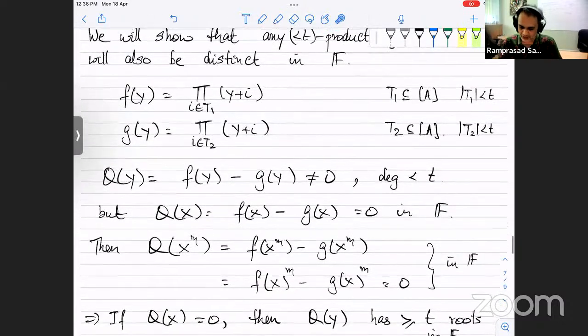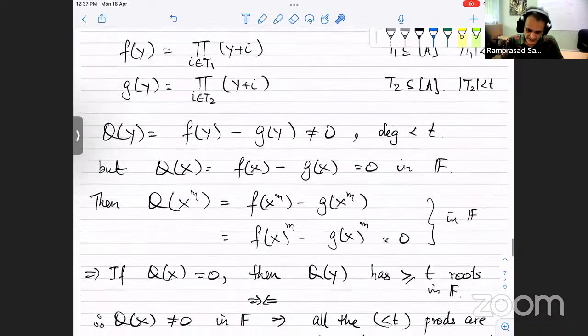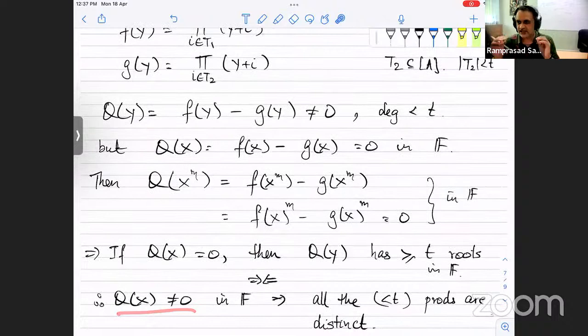So all of them happen to be roots, and that means that I have at least t roots for this polynomial in this field, even though the polynomial apparently has degree smaller than t, which is a contradiction. So it better be the case that the q of x that you started off with, when interpreted over the field, is actually non-zero, which means that basically all of these less than t products